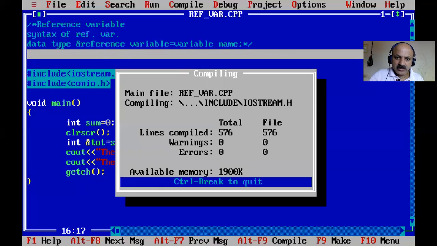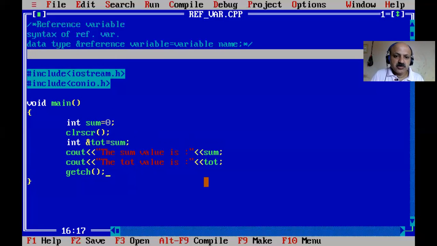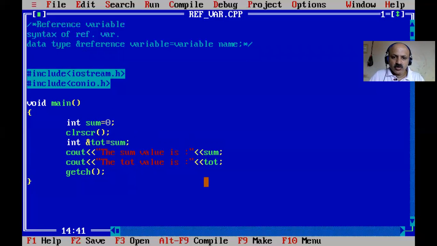So I just save and compile. Let us check that both values are 0, and we can provide the \n or use endl in C++ as a manipulator. So here we can give endl, that takes a new line. So here I can also give endl, because we can print more than two, three times, we have to print both these variables.